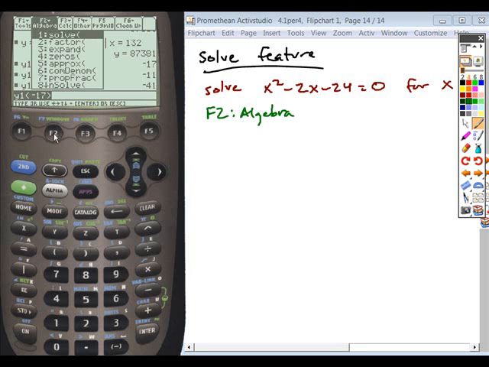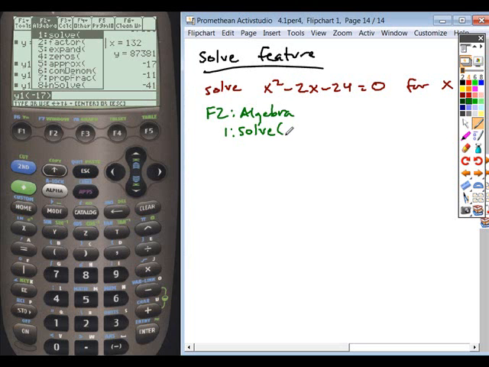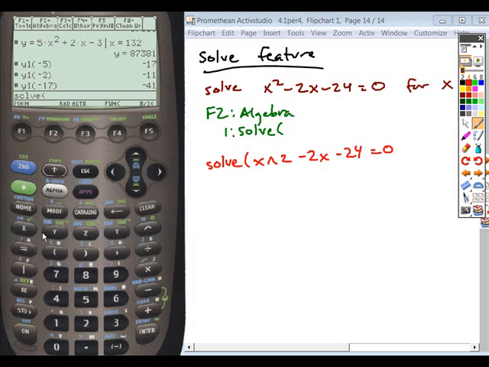So if we hit F2 and then choose number 1, which is solve, you can choose the correct syntax to organize your information. So the way that you would enter this is solve, type in the equation exactly as it appears. Again, that caret symbol represents the to the power of. And so if I hit solve and then I type my equation, x squared minus 2x minus 24 is equal